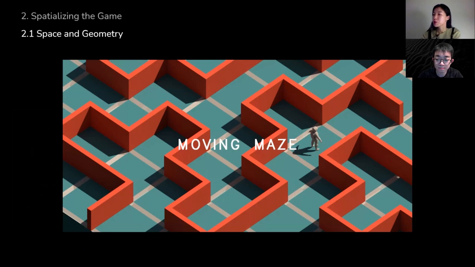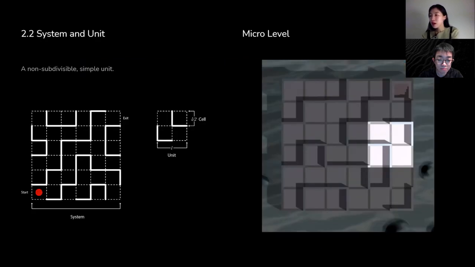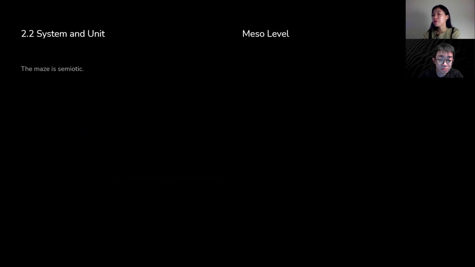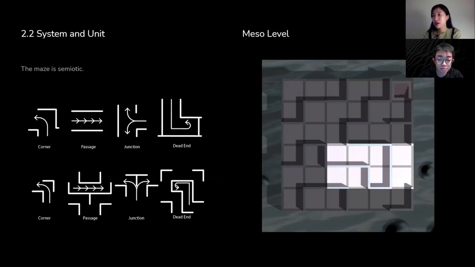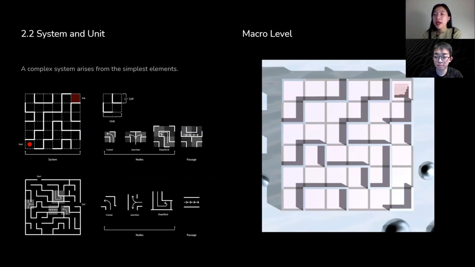cognition. The basic geometry of the maze is a sprawling horizontal structure of orthogonal walls that generates a space of possibility. On the micro level, the maze contains a multitude of this single unit rotated in different orientations. On the meso level, the maze is semiotic. The units cluster together through various combinations and permutations, forming these four types: the corner, the passage, the junction, and the dead end. On the macro level, the maze is generated and continuously generating space of possibilities from propagation and